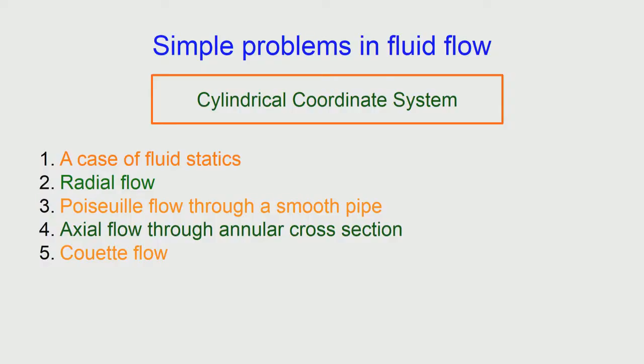In this session we will first look at a simple interesting case of fluid statics, whereby we will be conscious of the pressure term also being varied as a function of the spatial coordinates, and then we will look at how the three different components of velocity in the cylindrical coordinate system, namely the radial component, the axial component and the theta component, can be solved for in three separate problems. We will be taking up unidirectional flow in this session, so we will take up only one component at a time in each problem.